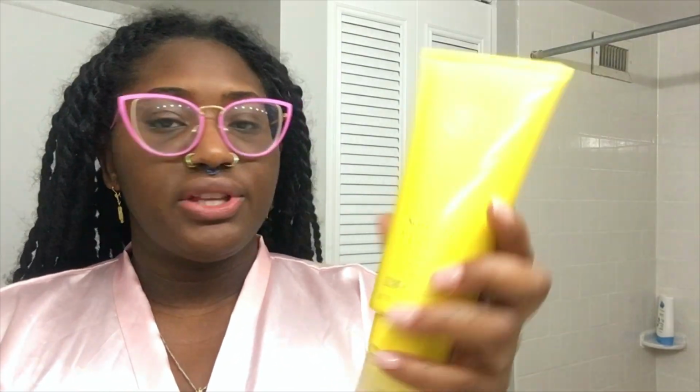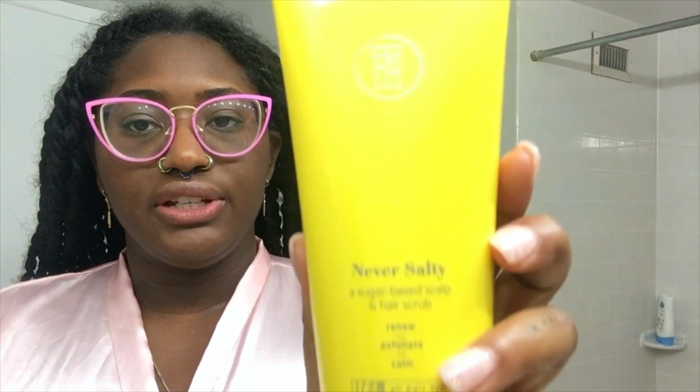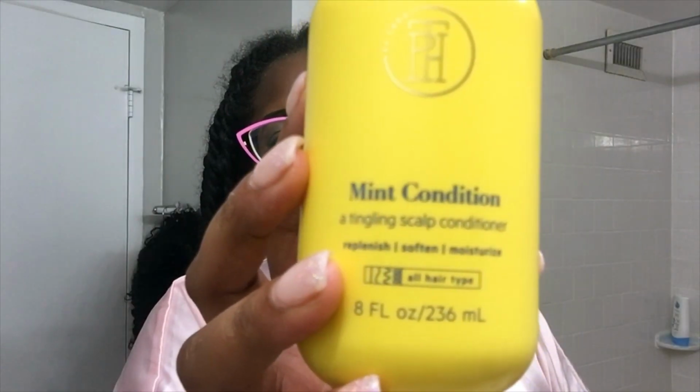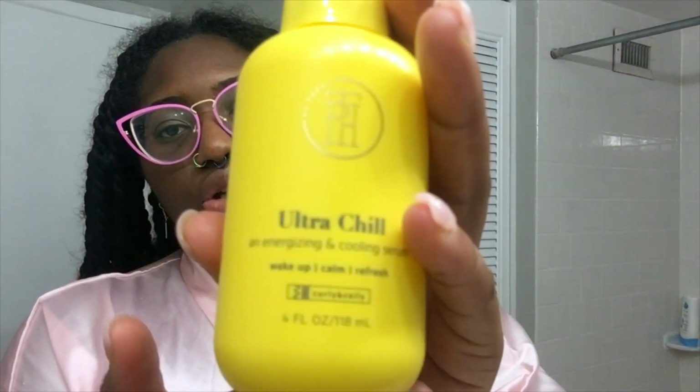This is the yellow brand, which is a whole collection specifically for your scalp. I got all 4 products, so I got the entire collection. So this is the Never Salty Sugar Scrub, the Master Cleanse, Mint Condition. Very last thing is a serum. It's called the Ultra Chill Serum. I didn't buy any of her other things except for